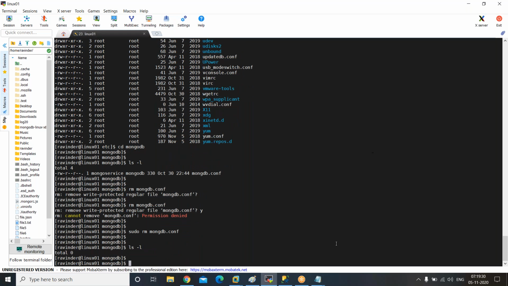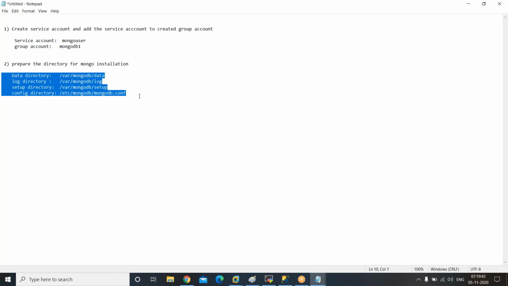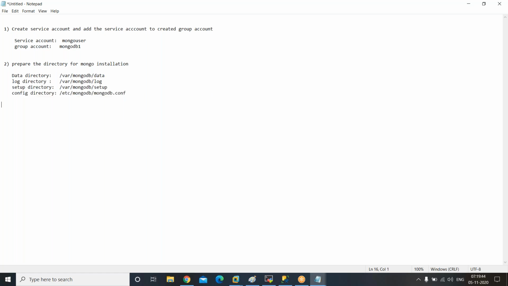So now we prepared the directories, guys, where I wanted to install the Mongo. I have identified mongodb.conf, I'll build it anyway. We identified where we wanted to install the Mongo. Next thing is to get the permissions to the service account. So assign the ownership to the service account